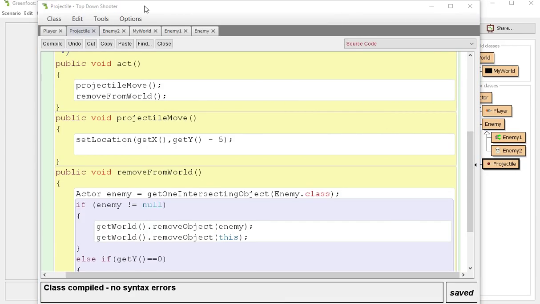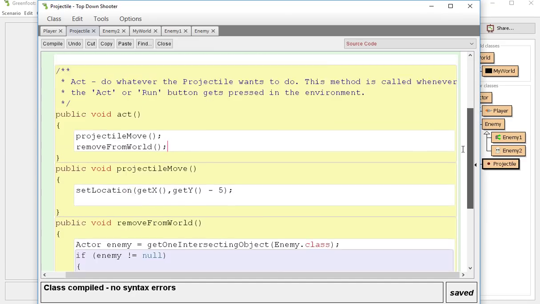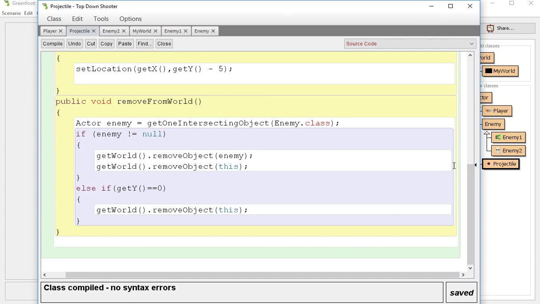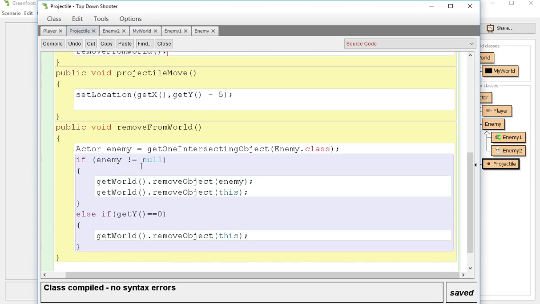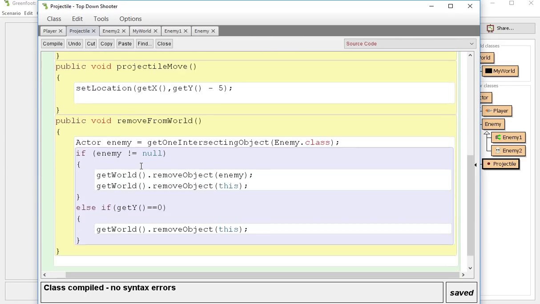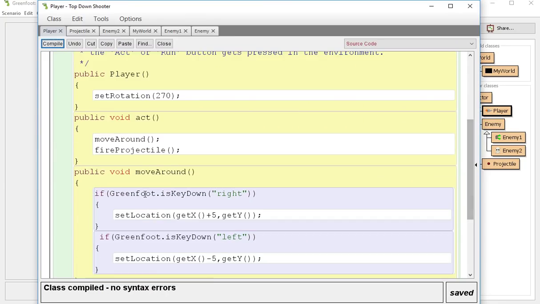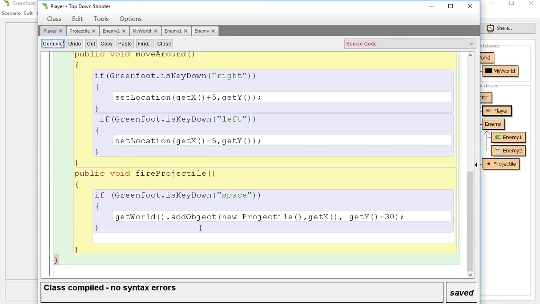So if you don't open up your projectile code and go in there, we need to create a counter in our firing projectile that makes it so it doesn't constantly fire, that it fires at a little bit slower of a pace. So actually, instead of creating a variable, that is one option. We're actually going to make it so that in our player, where the fire projectile method is, Greenfoot.isKeyDown space has to be true, but we also need to make it not fire until